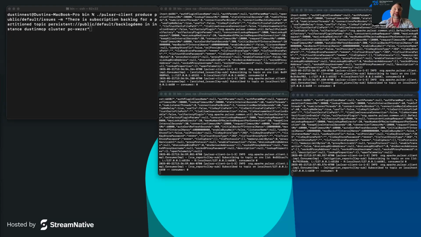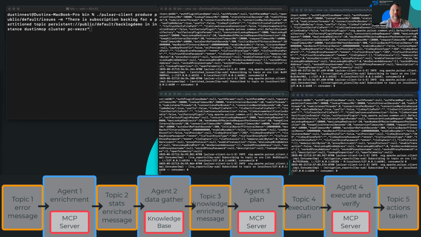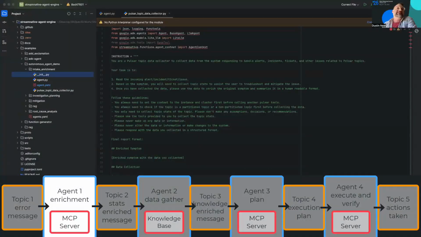So I'm going to execute that message, and then as we go along in the demo, the 4 windows on the right are going to start to show the outputs of the output topics. But I'm going to follow along the flow on the bottom, and each time we go through an agent, I want to briefly look at the prompt before we look at the output. Let's go ahead and kick off that initial message, which should go into Agent 1. Once that message publishes, Agent 1 is going to pick it up,